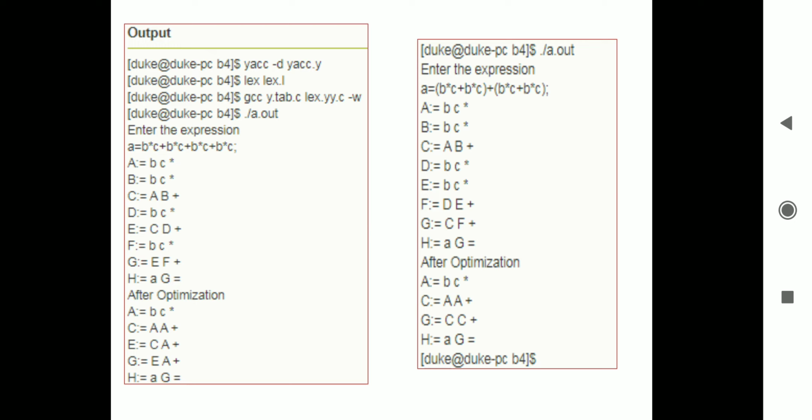The first section is the declaration section, also called the definition section. The second section is the translation rules. And the third section is auxiliary functions. If we require some auxiliary functions in the program, then we write them in the third section. We need to follow this syntax while writing the structure of Lex and Yacc programs.